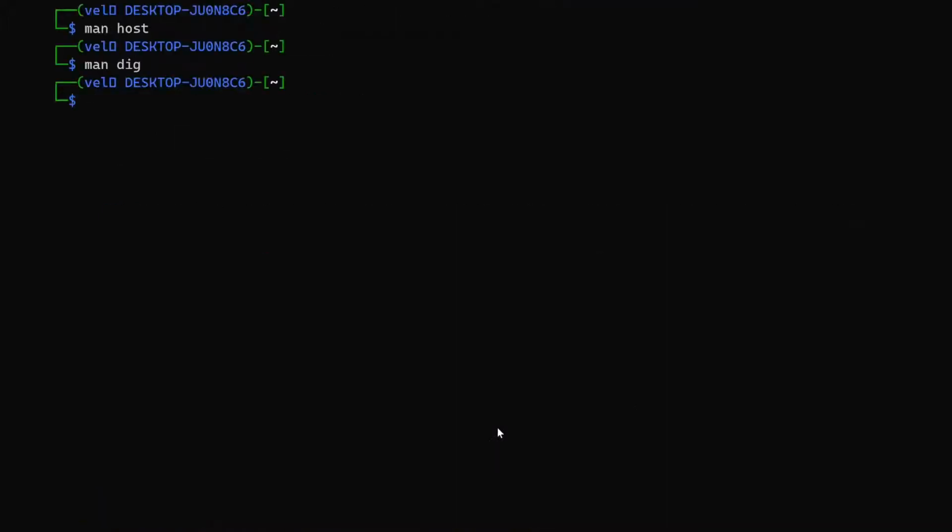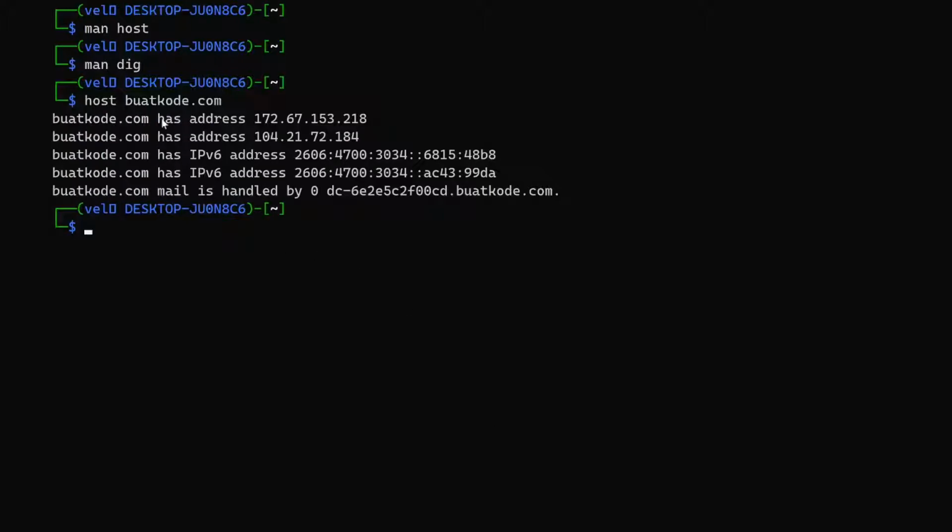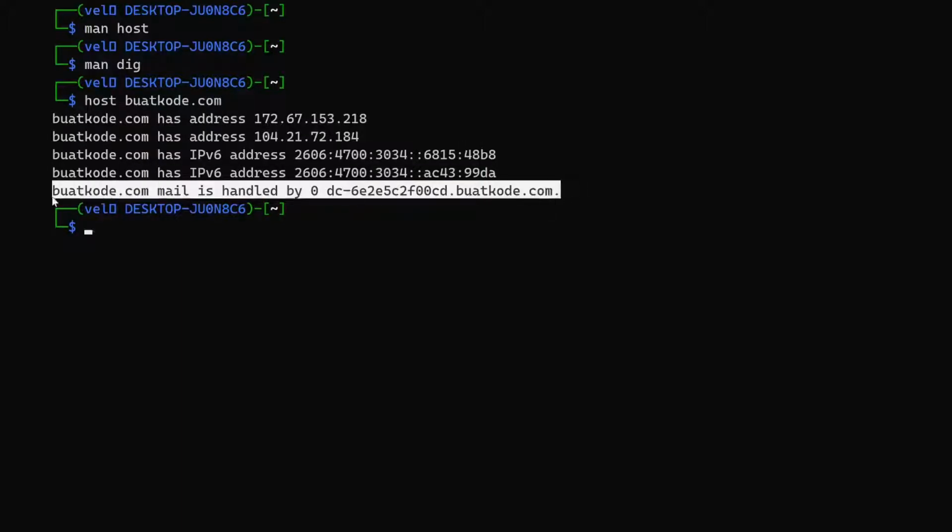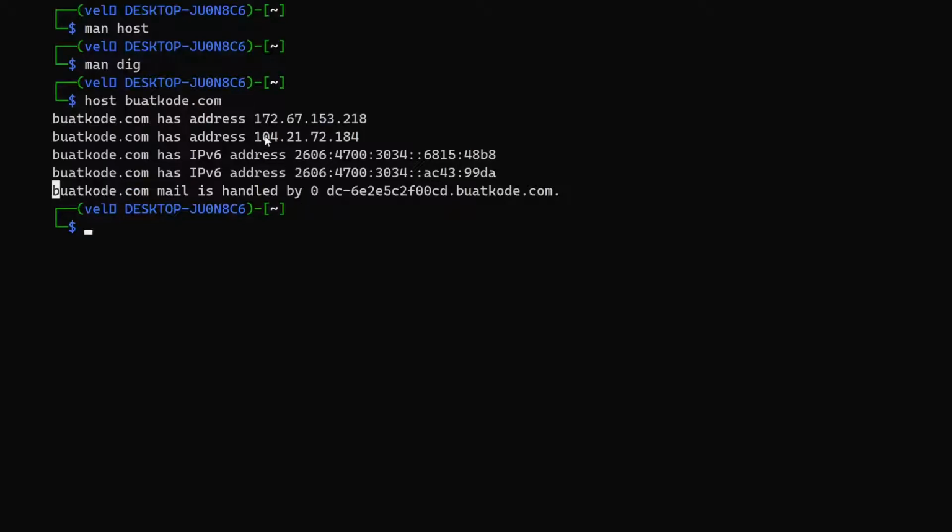So maybe let's take a look at the output of both host and dig. So let's run host, and in this case, I'm going to use my own site so that I'm familiar with the DNS entries. So we can do it like this, host and whatcode.com. And here I'm having two IP addresses and an IPv6, and also I have a mail entry. So I'm using a Cloudflare firewall. So if we copy the IP address and do a curl to get the data,